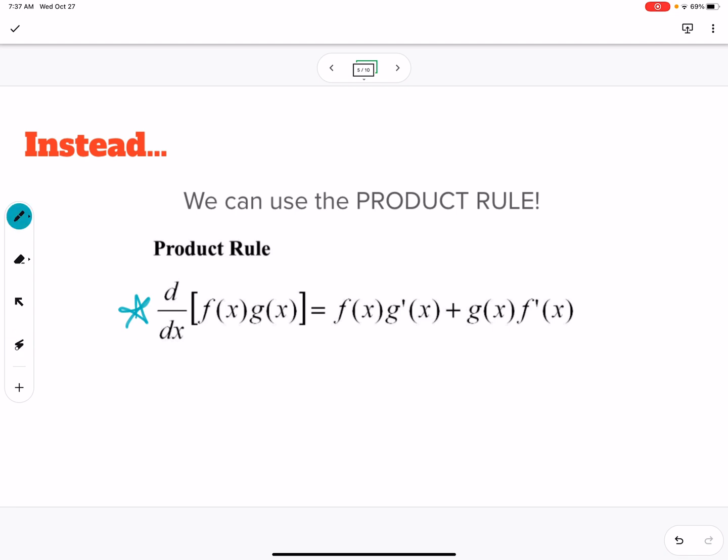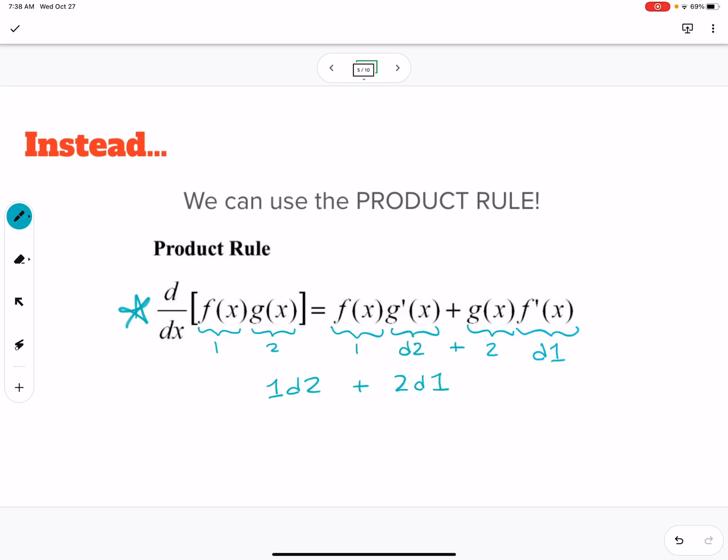So this seems like a lot. It's not really a rhyme, but a way to remember it, just to shorten this a bit, we can call this the first function and this the second function. And our easy way to remember the product rule is to say 1 d2 plus 2 d1. Oh, I should put those a little bit closer together, my bad. D, of course, stands for derivative. So here we'd have 1 times the derivative of the second